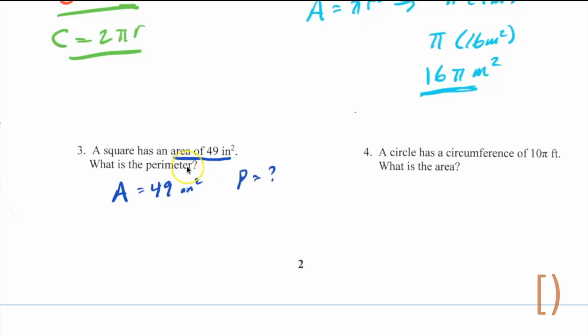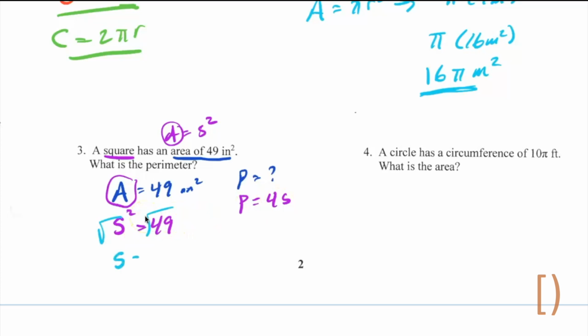Luckily we have formulas for all these. We have a formula for the area of a square: area of a square equals s squared. So right here, we're just going to write that as s squared equals 49. And we have the perimeter of a square: perimeter of a square is equal to 4s. So we can figure out what s is, and we substitute it in, and we have our perimeter. So all we have to do here is get rid of the square. So we're going to square root both sides. So s is going to equal